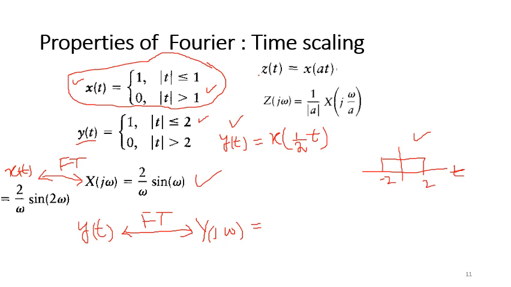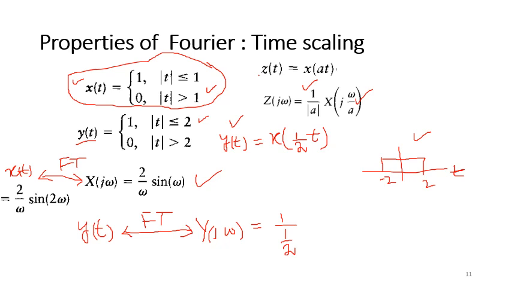How much is a? It's 1 by 2. And the frequency is scaled by omega by a, so this is x of j omega, so it will be equal to